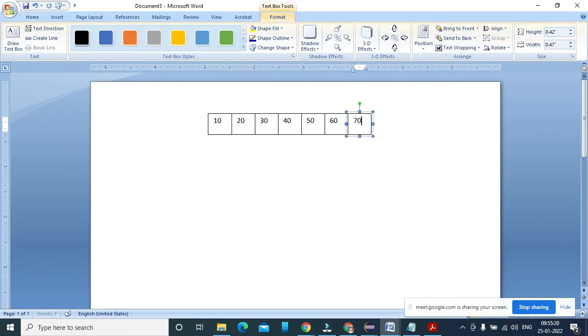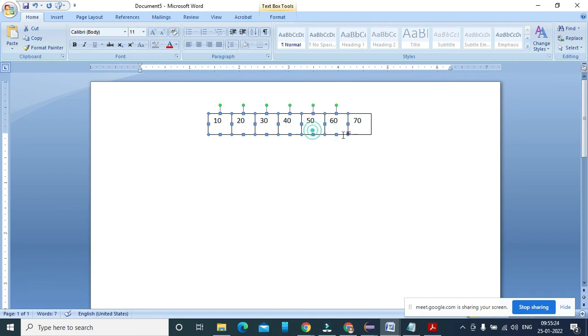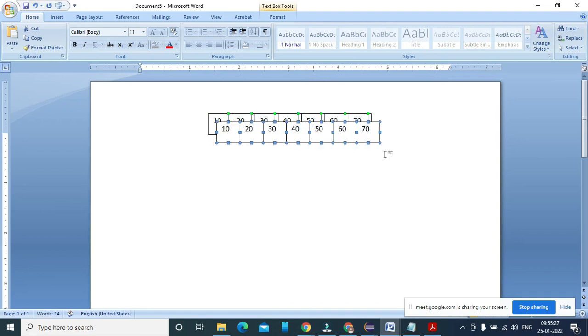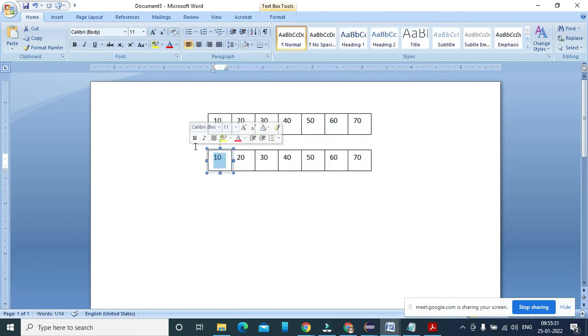I declare this as an integer kind of array, and the next array is my character kind of array, and I simply write h, e, l, double l, and o.